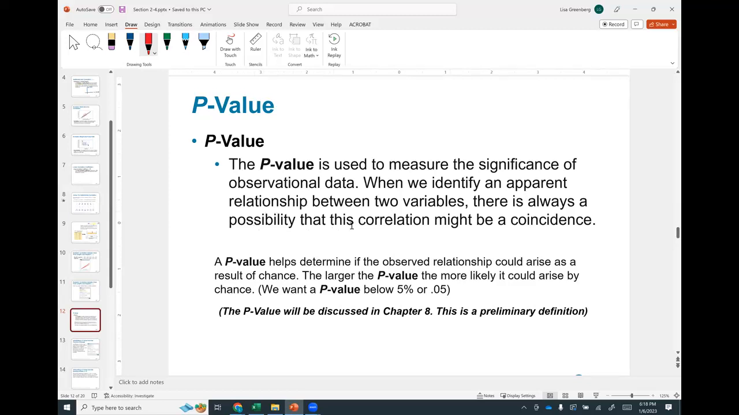There is always a possibility that this correlation might be a coincidence, right? The p-value helps determine if the observed relationship could arise as a result of chance. The larger the p-value, the more likely it could arise by chance. So to be sure that we're using data that actually is real and makes a difference and is not just happening by chance, we want the p-value to be below 5%, which is the same as